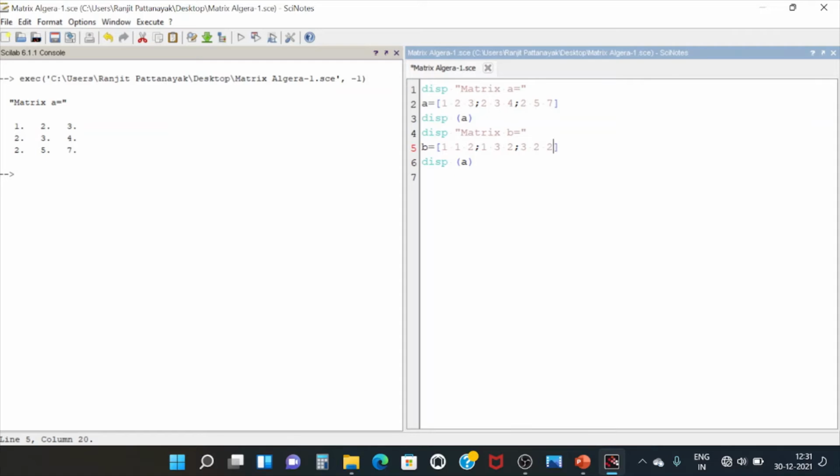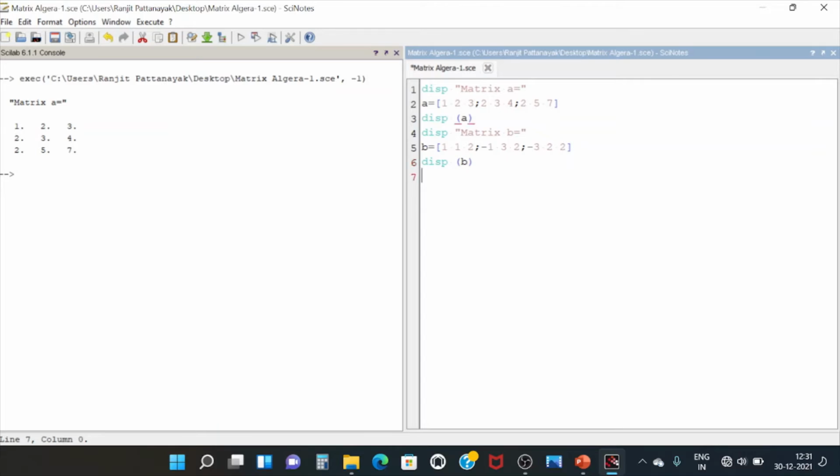You can take any value, even a negative value. Here I am going to take a negative value, suppose -3, and another -1. To display the second matrix, we write display B.